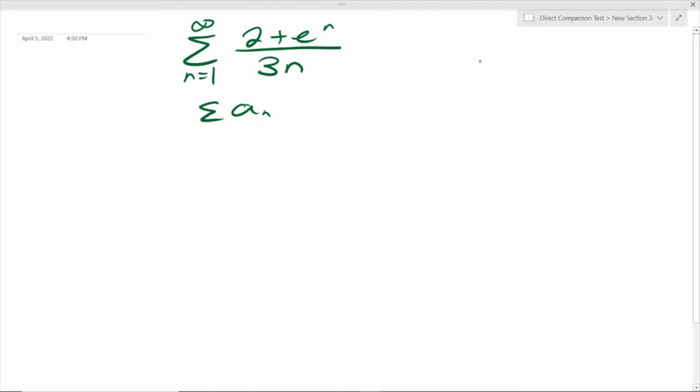So if we look at, let's say, the numerator here, 2 plus e^n, let's just take parts of it and try to manipulate it so it matches with this, and also we get some sort of series to compare it to. We know this whole thing is going to be greater than 1, because if you were to plug in n equals 1 right here,